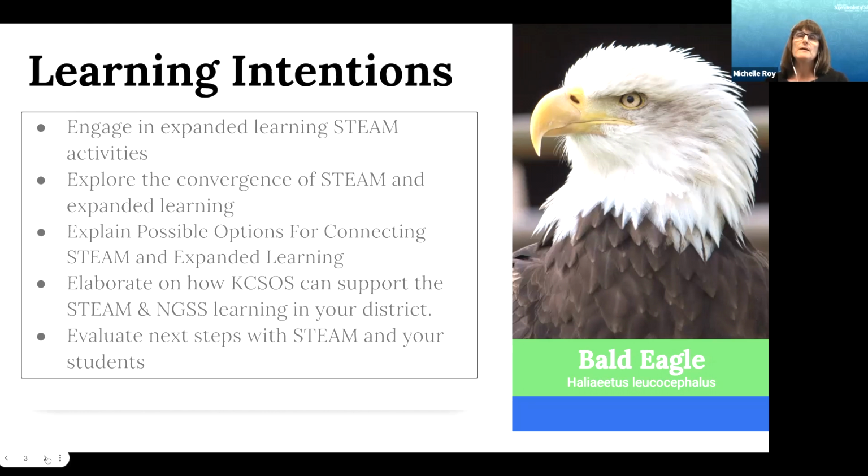We'll also be sure to share with you how we, the STEAM team here at Kern County Superintendent of Schools, can support you in potentially implementing some of the ideas that we bring up with you today in this presentation.